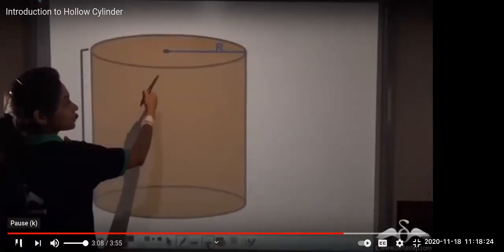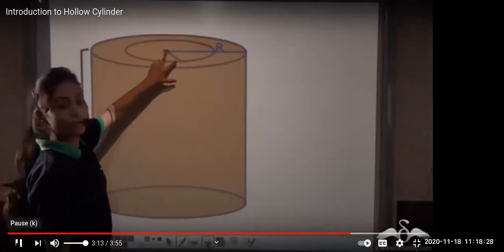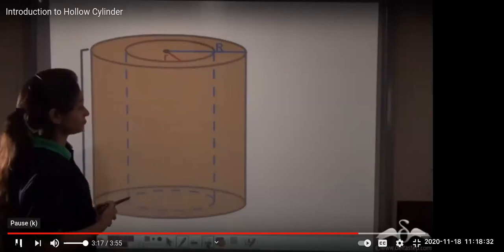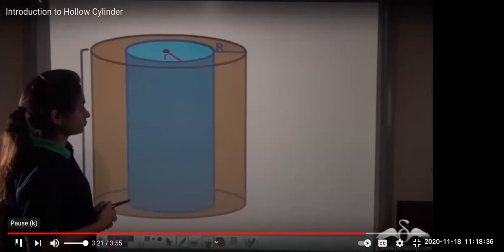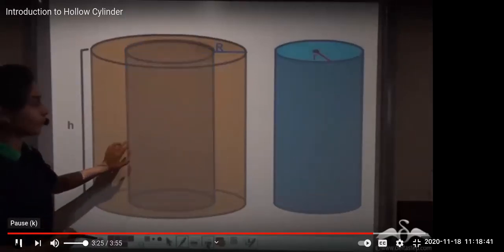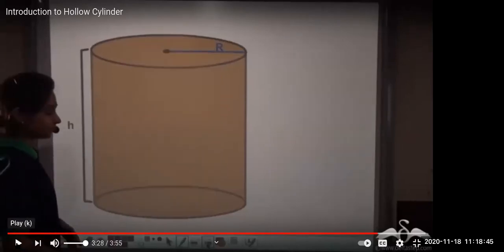She is showing you how a hollow cylinder can be made. Capital R. And now we have started to make it hollow by taking the small radius, small r. See, we have successfully made a hollow cylinder out of that solid cylinder. So when the smaller cylinder is removed from the solid cylinder, what is remaining will be a hollow cylinder.